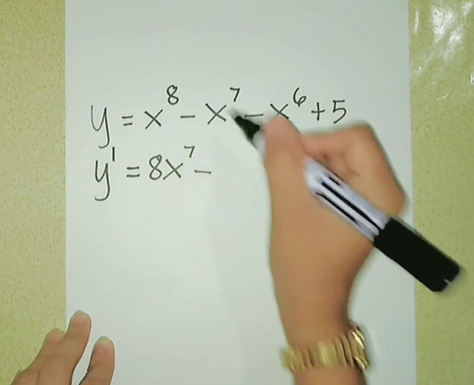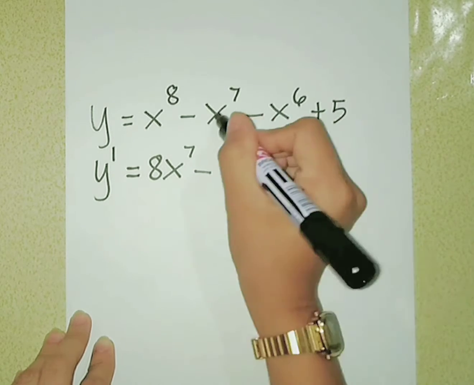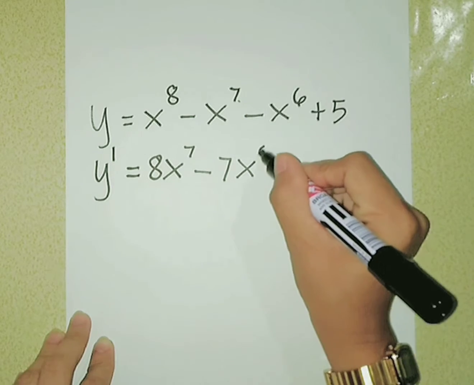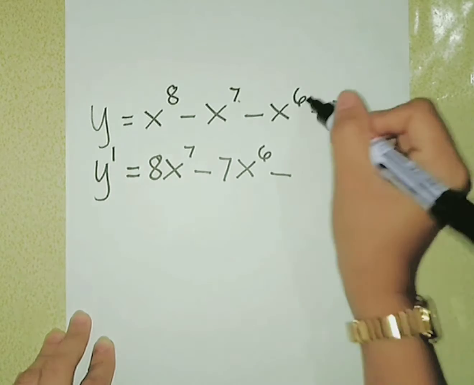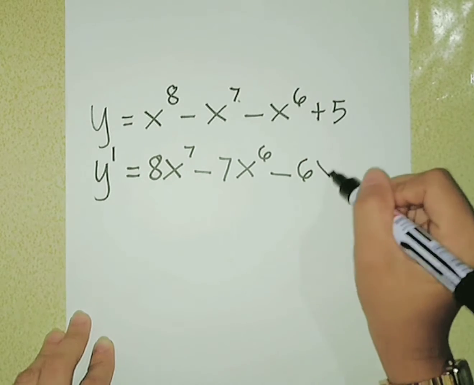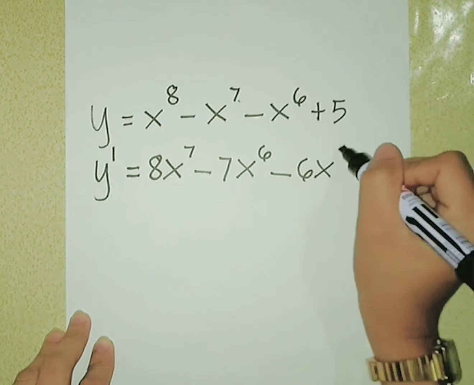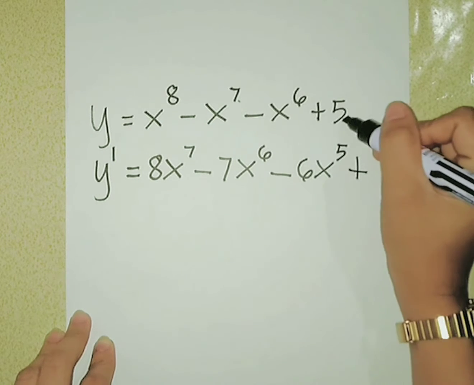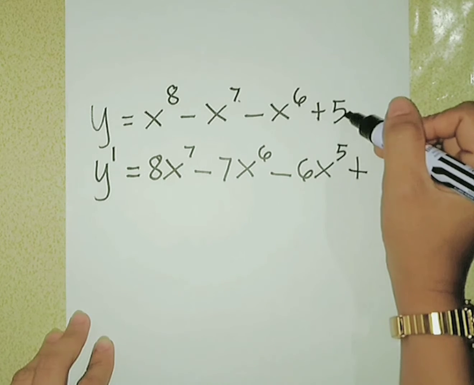Minus, we write in front the 7 and then multiply by x, and then 7 minus 1 is 6. Minus, we write in front 6 and then multiply by x, and then 6 minus 1 is 5. Plus, the derivative of 5, which is the constant, is